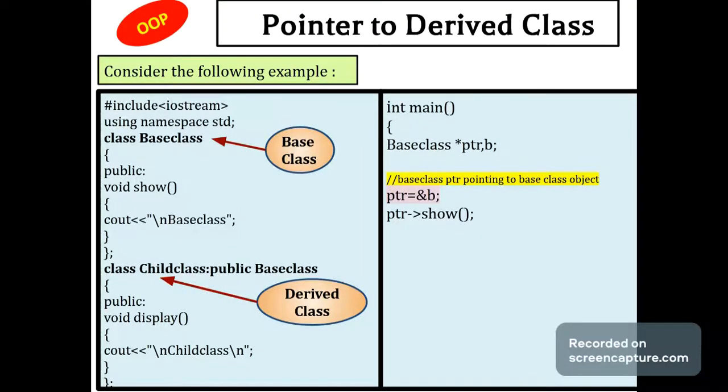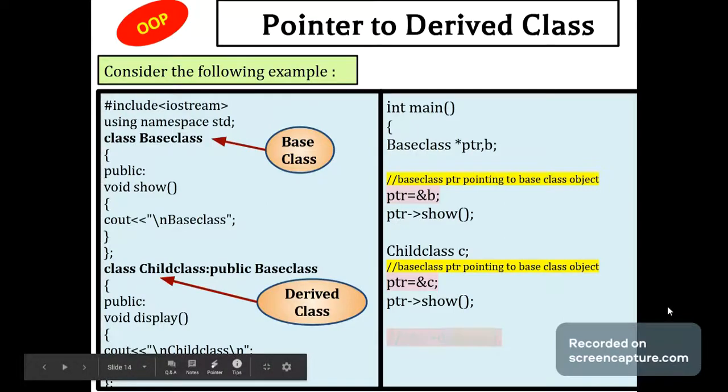Okay, and then I have to access it, जैसे हमने pointer to object देखा था वैसे ptr arrow show मैं use कर रही हूँ. ठीक है, अब second class में I have child class C, meaning I create an object of the derived class, and then I make a base class pointer point to the derived class object, that is ptr is equal to ampersand C. तो जब आप ptr arrow show करोगे, it will call the show function of base class.